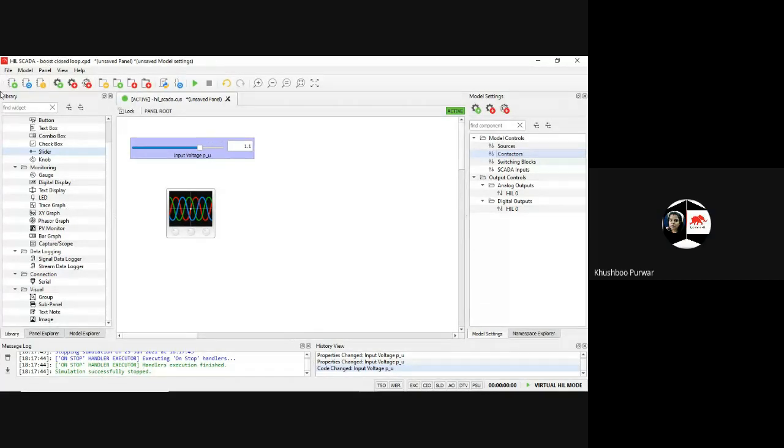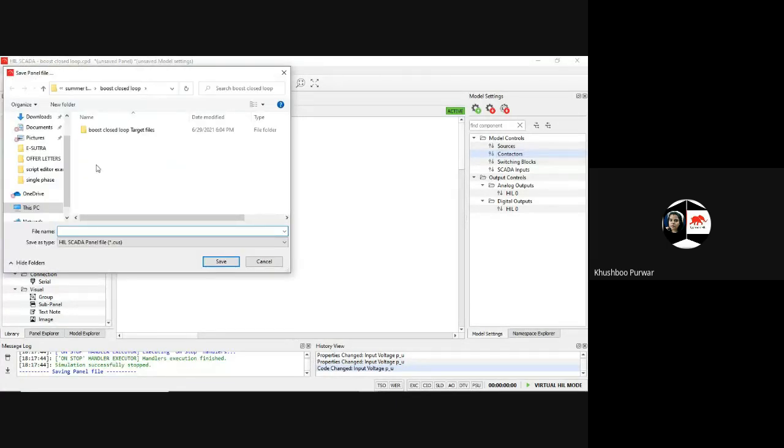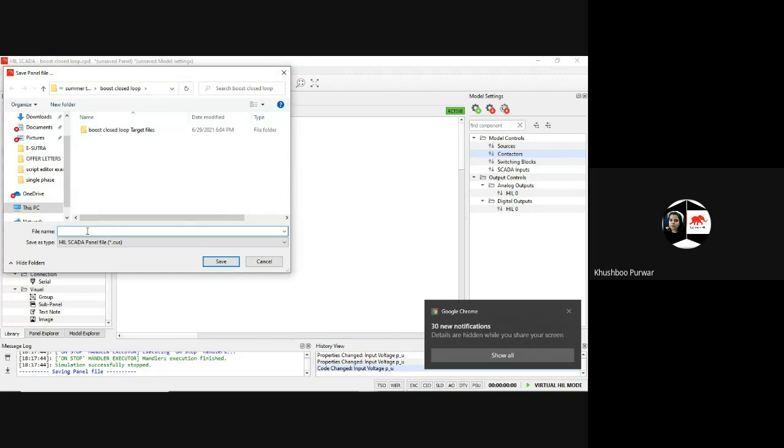Okay guys, I will continue tomorrow because lots of participants are leaving. So you can just save this panel as till schematic you can finish, and this part I will take tomorrow. It will hardly take 15 to 20 minutes. So tomorrow I will take this part. Is it okay to everyone?